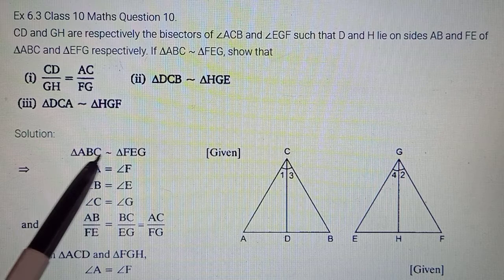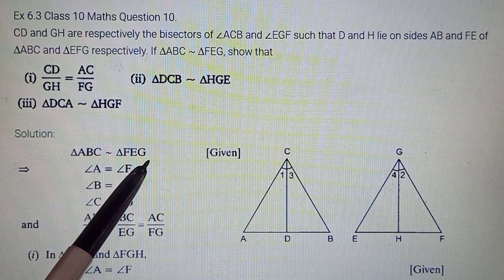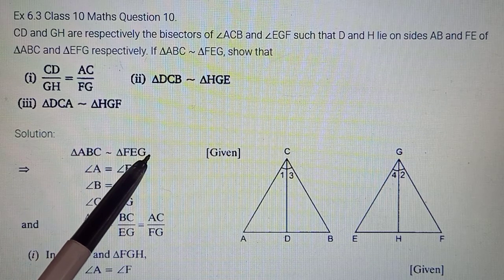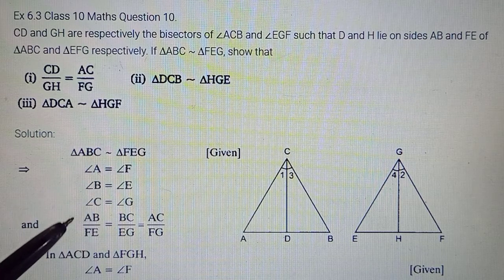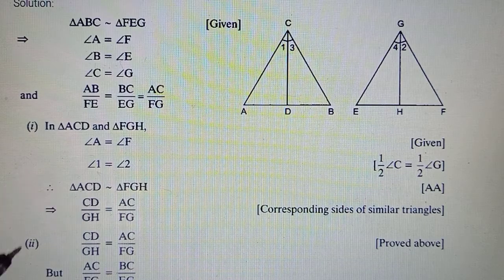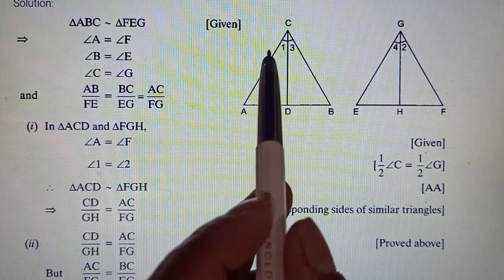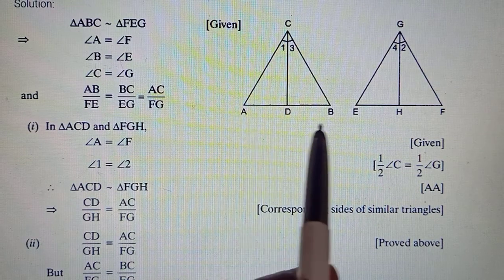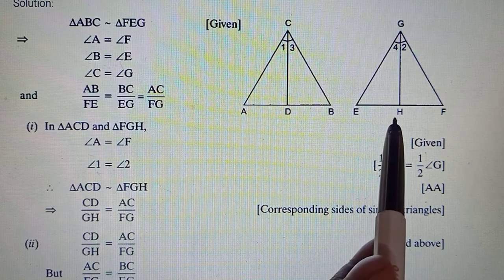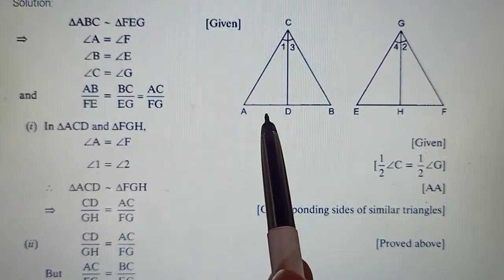You would take AB, with that you will take FE. Then if you take BC, you take EG. Then if you take AC, first and the third, then you take FG from here. Okay, so ये similarity से ये condition आपके पास आ गई. Now in the first part you had to prove triangle ACD, so ACD is this small triangle being formed here, and the other one you have FGH. These two triangles are going to be similar is what they are asking us to show.